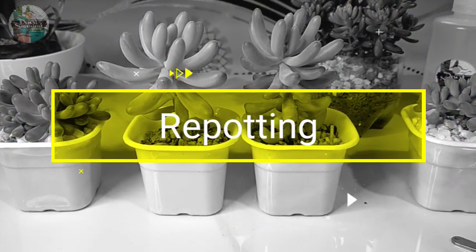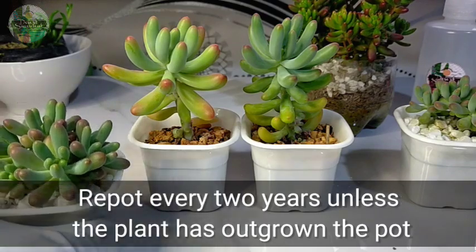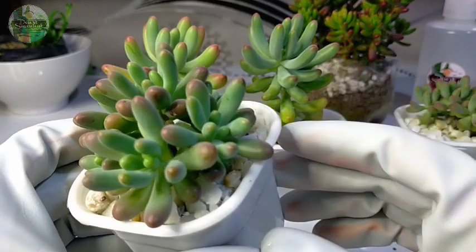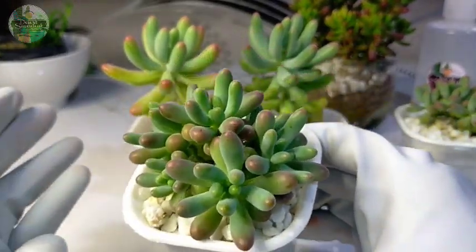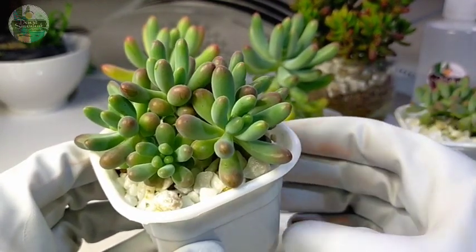Next is we have the repotting ng ating banana plants. Usually, I repot yung ating mga succulents every two years. That's the standard time wherein pag nag-repot tayo, we are trying to remove everything. We will change the soil. We will change the pot. Everything siya. But sometimes, like for example, this one, wala pa ngang two years, just three months pa lang or